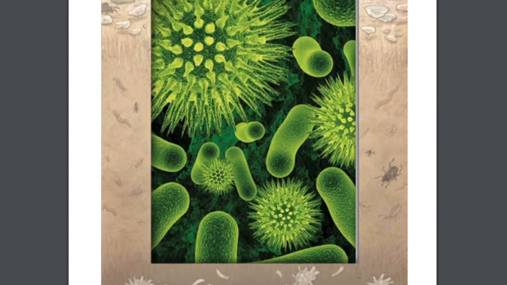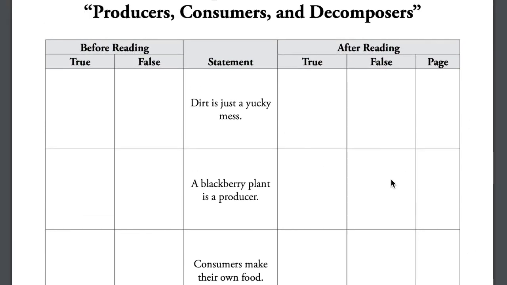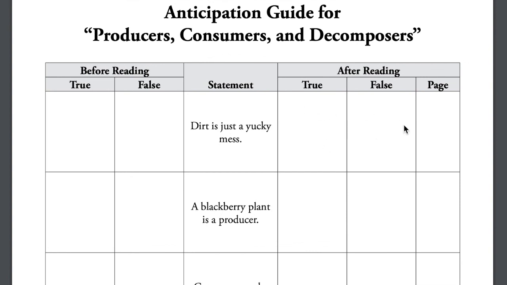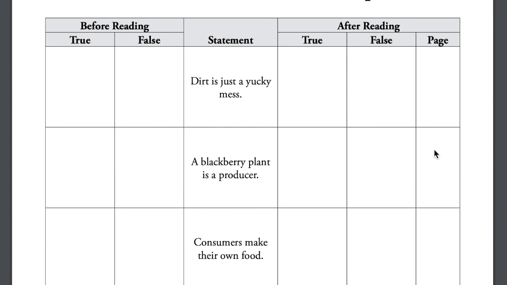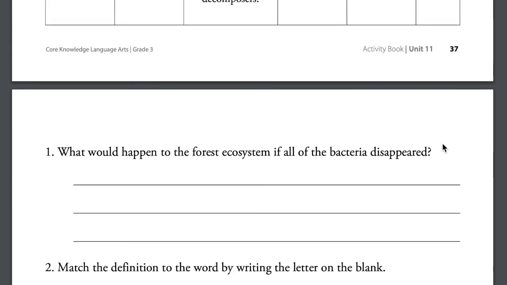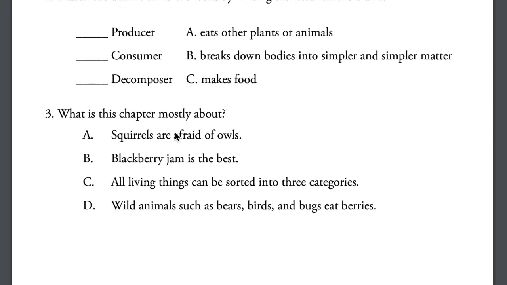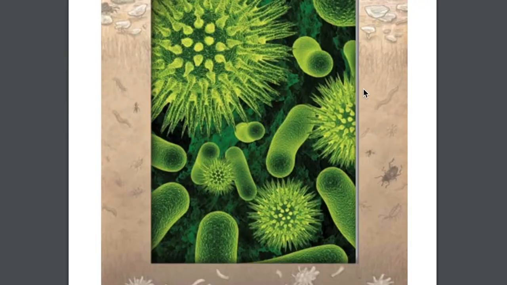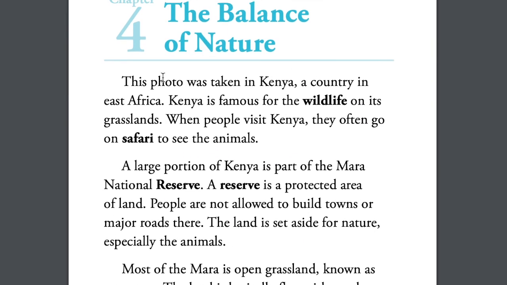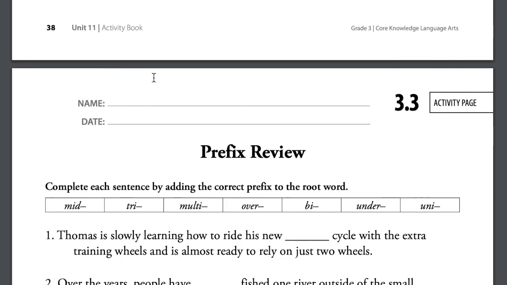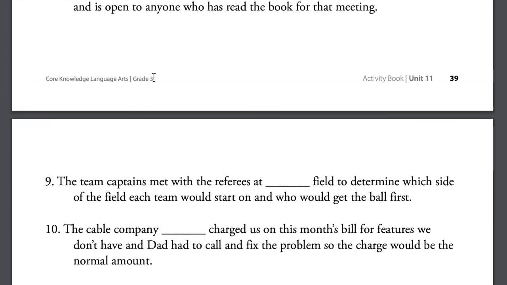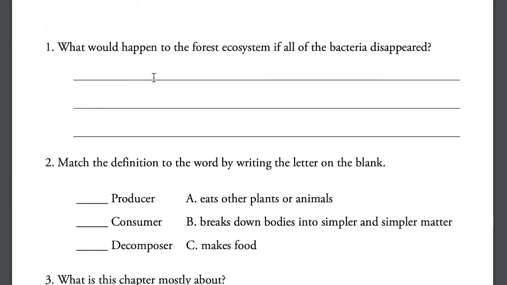Okay, so you're going to go back to this activity page and answer true or false for each of the statements. Remember to find the page number, and when you're done, make sure you answered these questions too, which are on the back. And then your job is to read the next chapter, chapter 4, and you are going to be answering the next activity page, which I'll put on our website. Okay, good luck.